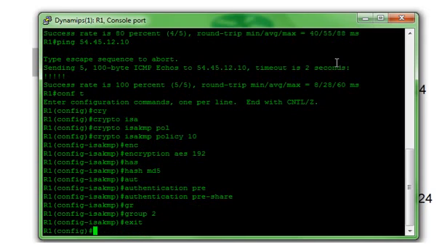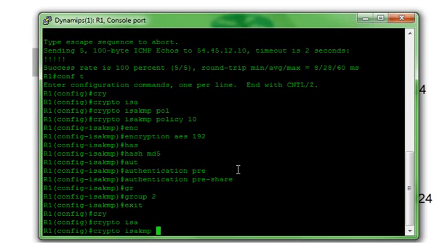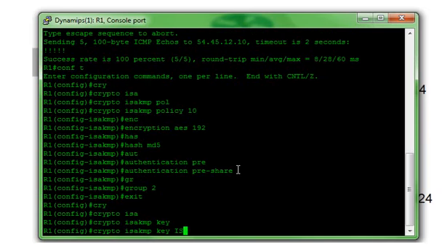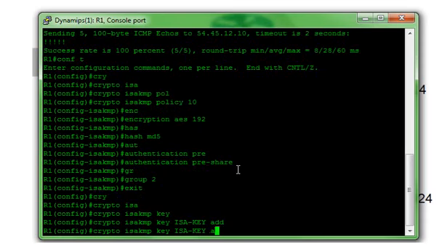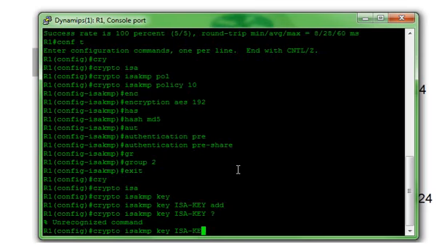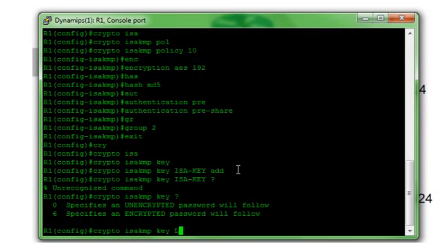Now, because we said we were going to use a pre-shared key for our authentication, we have to define that pre-shared key. So crypto ISAKMP key, and then the name of our key, we're going to call ours ISA key. Now, what do we got to do? There's a 0 we got to put in here. Yeah, 0. And then ISA key